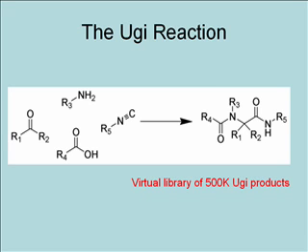And the strategy that we're using is the Ugi reaction. So this is actually a pretty old reaction, and it's been very useful over the years because what you're doing is you're taking 4 pools of common compounds that you can make fairly cheaply. You have an aldehyde or a ketone, an amine, an isonitrile, and a carboxylic acid, and you mix them together in methanol at room temperature, and 24 hours later, if you're lucky, this will actually precipitate out of the solution.